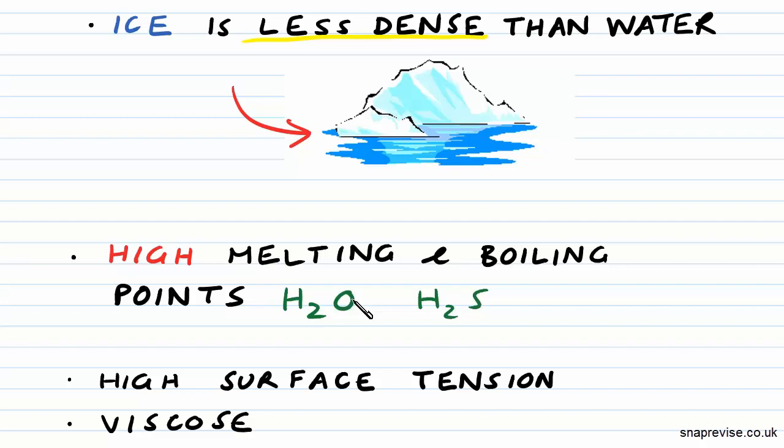Water also has some other special properties due to its hydrogen bonding, and those include a high surface tension and its viscosity. The surface tension shows in the fact that if you drop a bead of water onto a table, it doesn't splat everywhere. It actually holds itself in as a bead, as a little dome, and that's the high